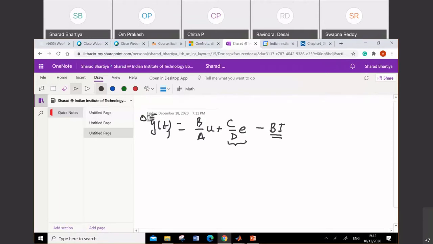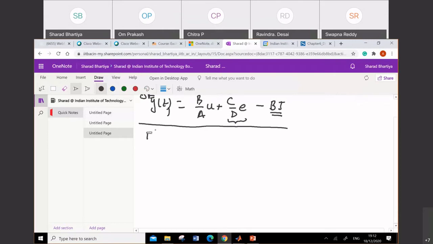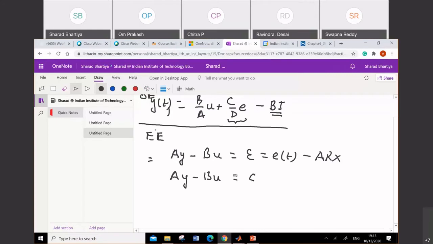My second family of models, as I told you, was the equation error family of models. And here I will model Ay equal to epsilon. So if I put this as e of t, I get what is known as the ARX model, in the equation error family of models. If I had, on the other hand, put Ay minus Bu equal to C times e of t,